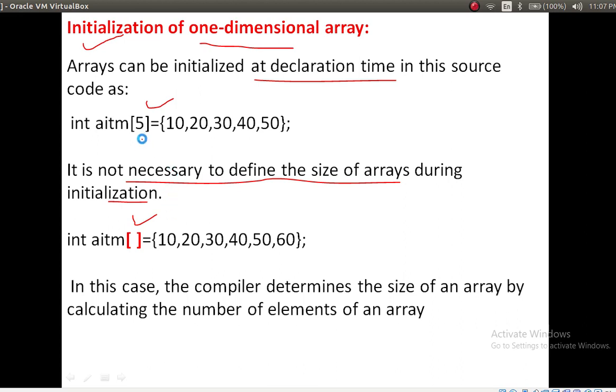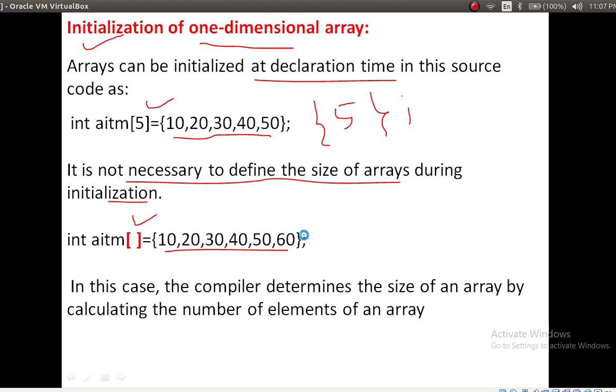Here I have defined the array size as 5, so I have to insert only 5 elements. In initialization we have to consider these brackets. Inside these brackets we assign the elements into the array. Here the array size is 5, so 5 elements I have inserted, meaning initialized. And in the second example, I am not defining any size. So how many elements are there? Total 6 elements.